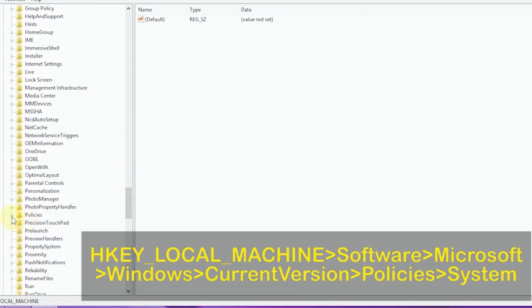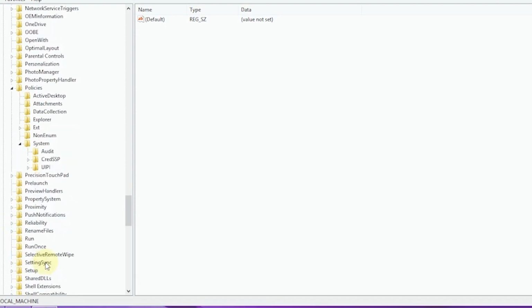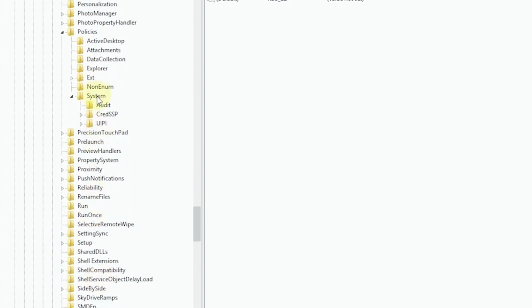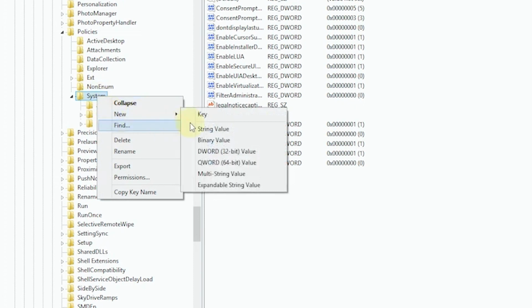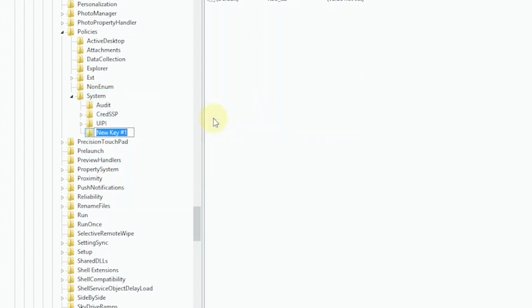And open the System folder. If there is no CredSSP folder in that folder, create a new folder by right-clicking, New, and select Key.